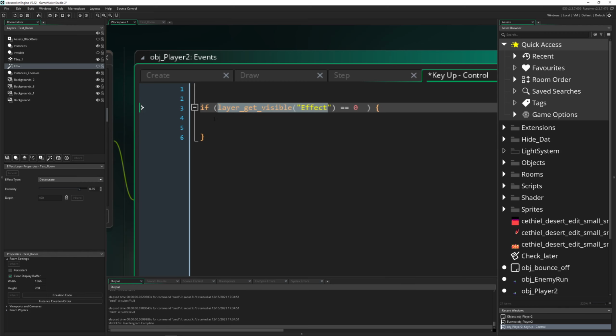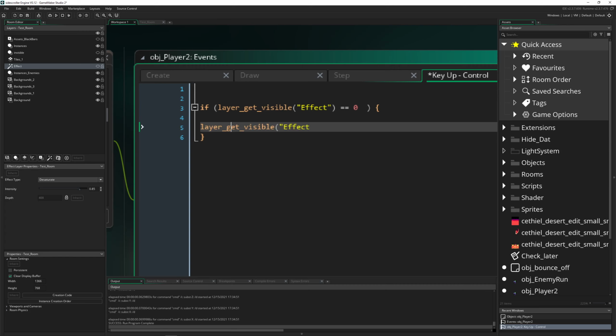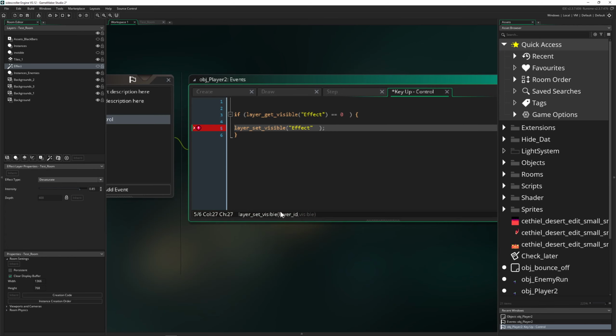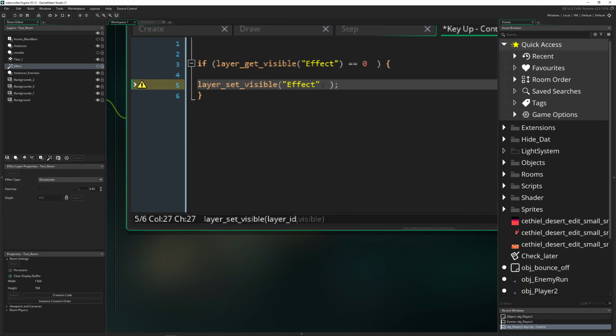This is almost the same code, but we don't get, we set. Here we need to close it, and this thing needs one parameter, layer ID visible, and then we just set it to visible.